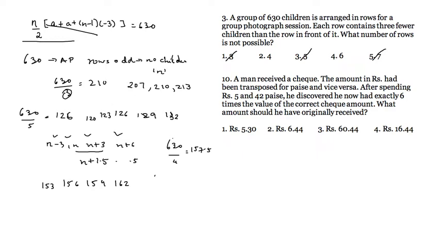But if I divide by 6, I get an integer, 105. And really, you can't arrange around this keeping integral values. You'll have to run into decimals. So this is not possible. Hence, your answer is going to be option 4. Right? So for odd, it has to be divisible and an integer. For even, it should leave a 0.5. That's the way you should solve this.